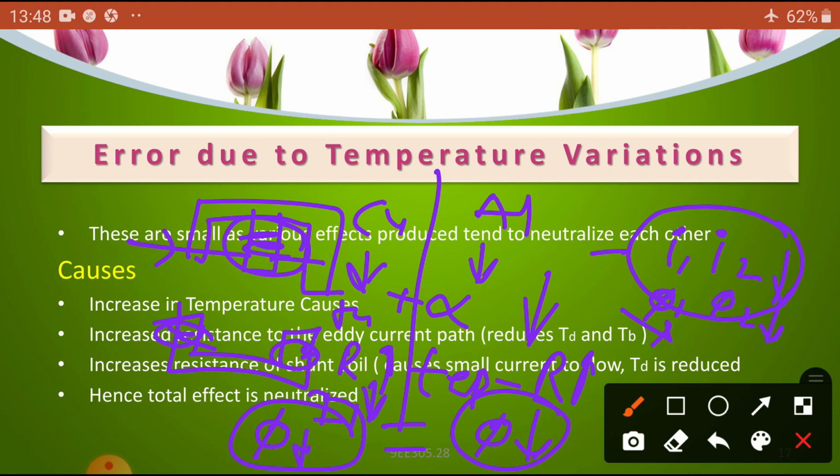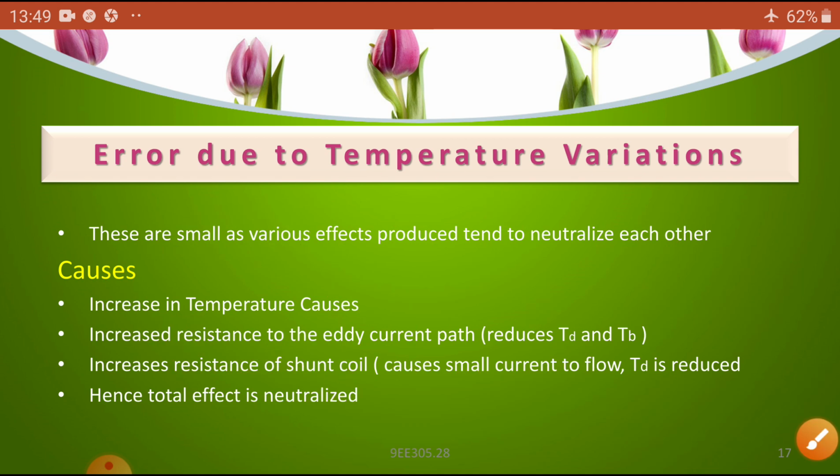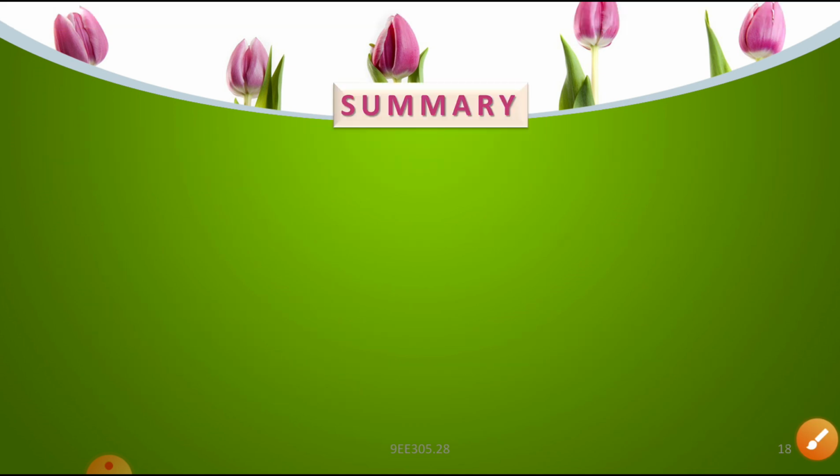Now have you understood? Okay, so whatever fluxes are developed in the disc depend upon the temperature. The same effect may take place in the shunt field coil and series field coil. So the flux reduction or increase on both sides are equal to each other. They compensate each other. No effect on our energy meter. That is the one thing you have to remember. Okay, so these are the errors that take place in our